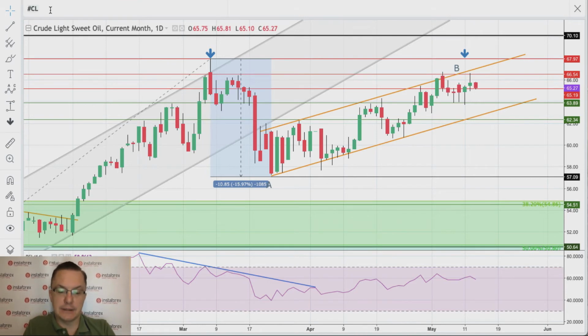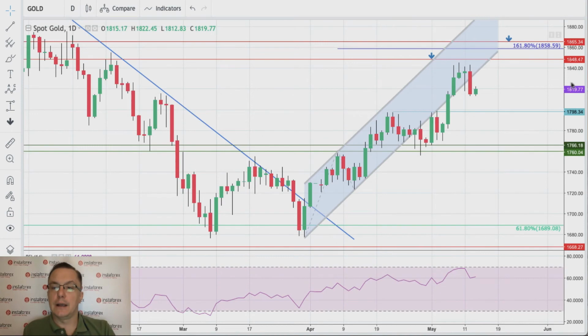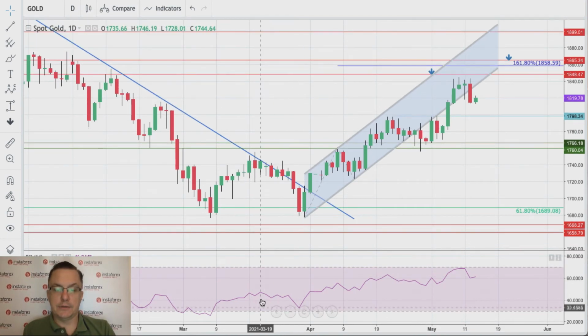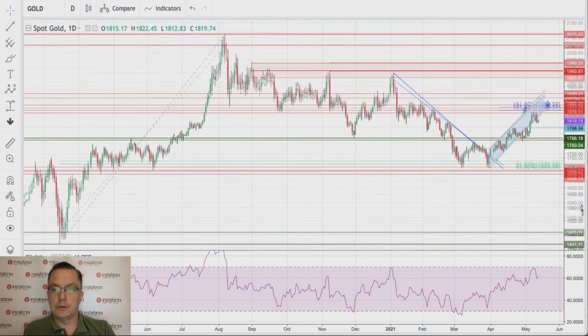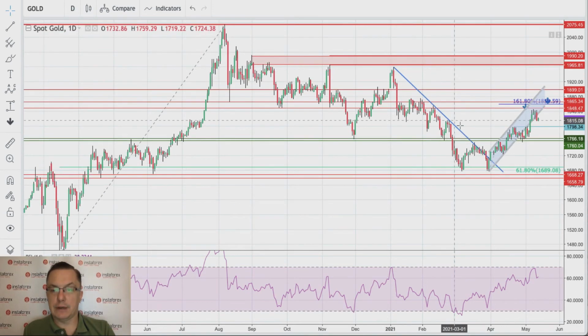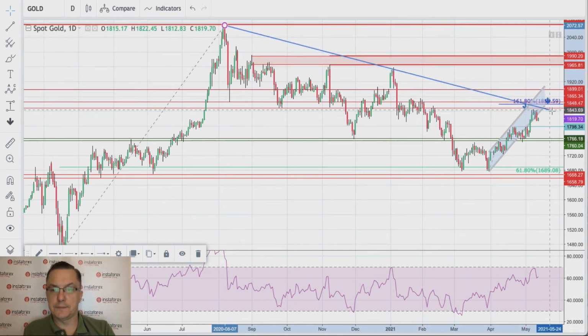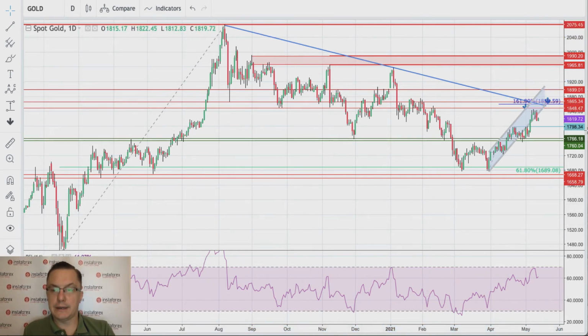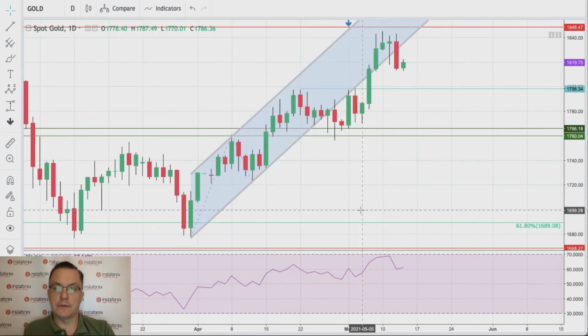And last but not least, let's take a look at gold. The gold market, as you can see, let me just zoom out because there is something interesting I would like to show you. Here you are. We got this breakout above this trend line, so let me just get rid of that, and instead of this, let me just put this line here. As you can see, we are not quite there yet. I mean, we didn't hit this line yet, the blue line, which is a long-term trend line, of course.